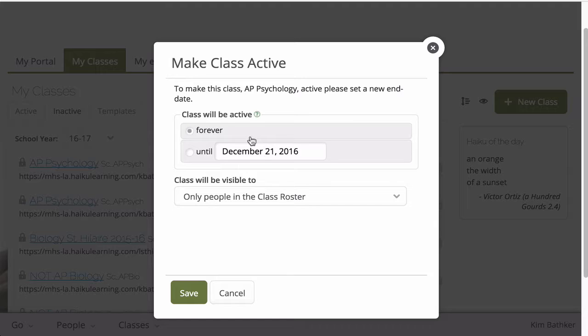Notice it'll ask me, when do you want this class to be active for? Do you want it to be active forever, or do you want to set an end date? That's really up to you. I like to keep my classes active forever, but this is always something that you can change later on if you decide you'd really like to just set an automatic inactive date for this class. You can always feel free to make that the end of the semester or the end of the school year,